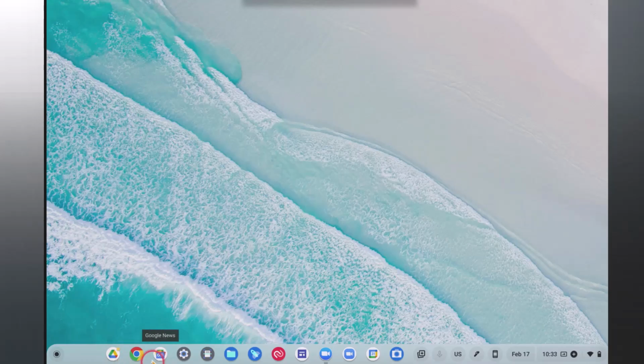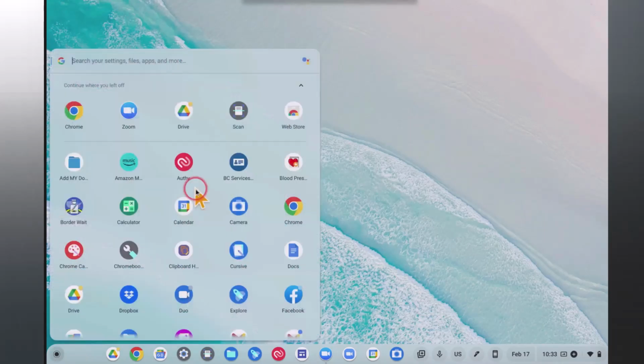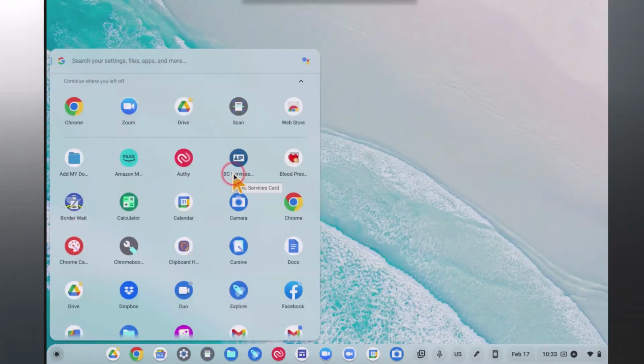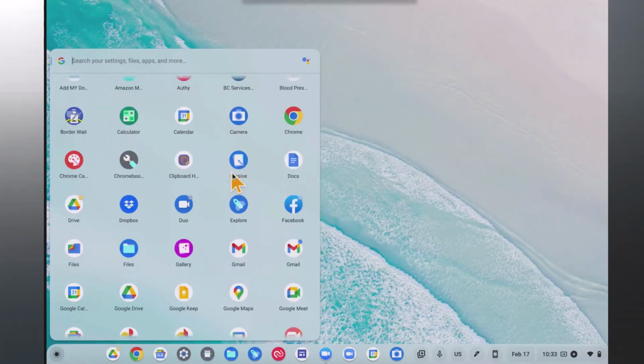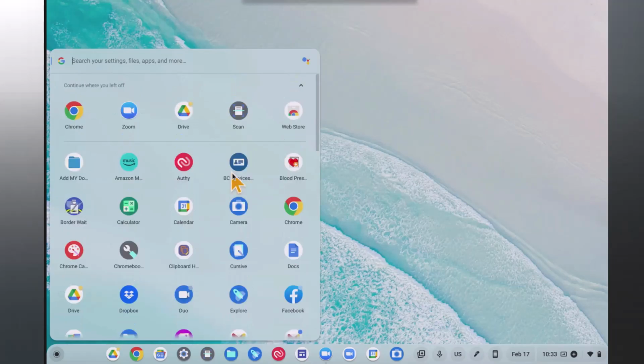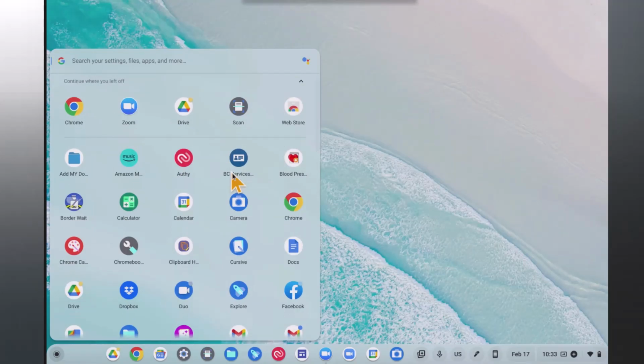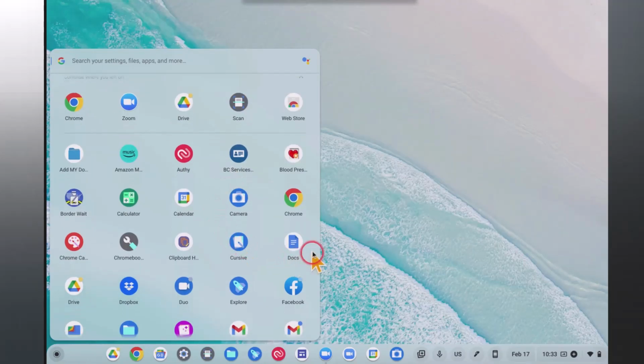Let's go over to the far left here, and this is called the launcher button. Let's click the launcher, and let's have a look now and see what we can find. Can we find Google Docs? Let's come down here and keep coming down. Let's keep coming down, and here we can find, guess what? We have Google Docs. And this is, again, the same app that we saw up on the right-hand corner in